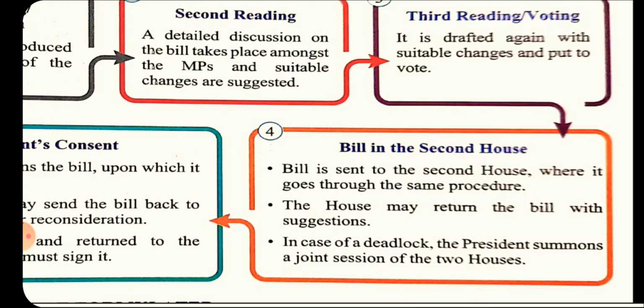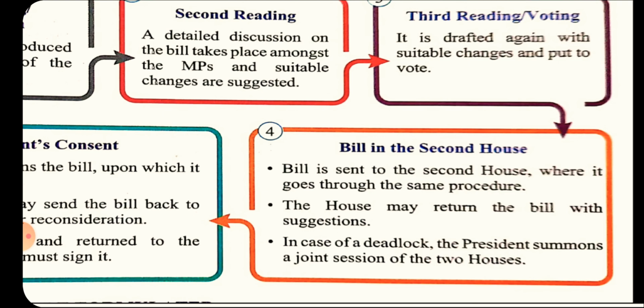So when it is sent to the second house, it goes through the same process, meaning first reading, again second reading, and then voting is done. The house might return the bill with suggestions. So they can return it to the first house with suggestions, but either they can pass it also, and there might be confusion, either to say yes, pass, or either to say no or